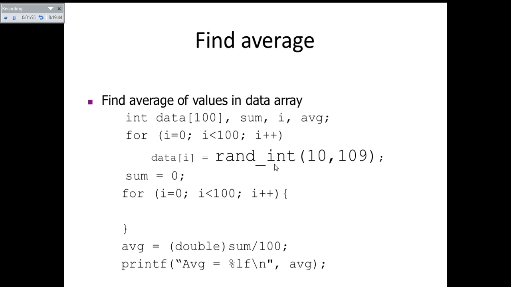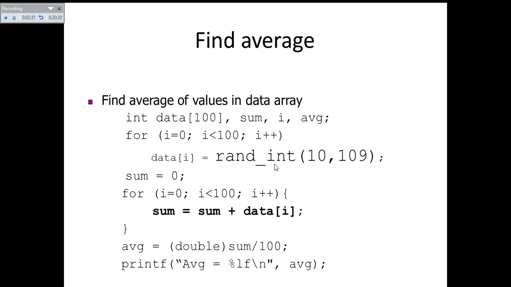So initially it is initialized with 0, so that you can add to this sum the value that you have iterated consecutively. For i equal to 0, i less than 100, i plus plus, you are going to iterate your for loop from i equal to 0 to 100, so that from 0 to 99 you are going to fetch all the values from your data array, and you are adding that array element to the sum variable, and you are going to have it stored in the sum variable itself